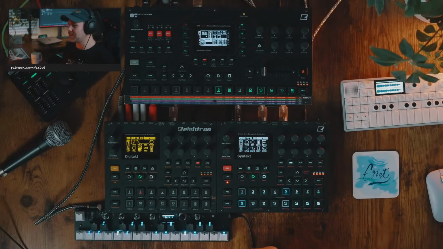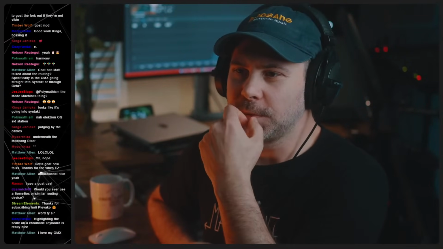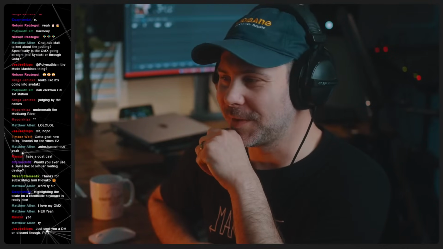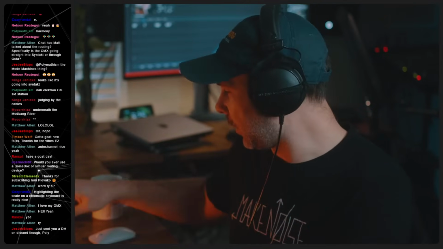Oh, an Elektron OG SID station? Judging by the cables underneath, yes. Underneath the Modbang riser. Thanks to my homies here pointing out all of the things I sell. Yeah. Yes, this Octatrack